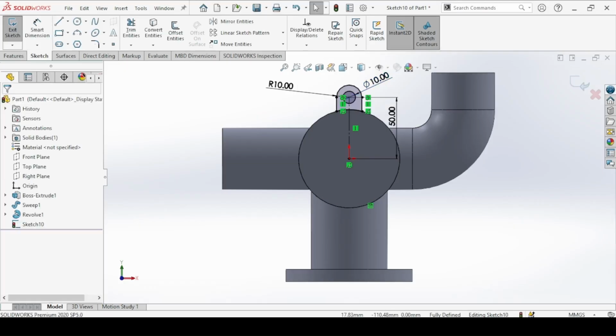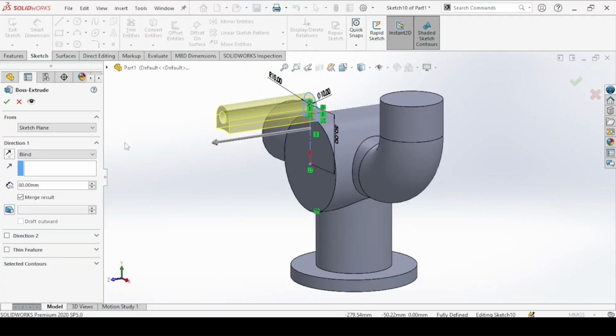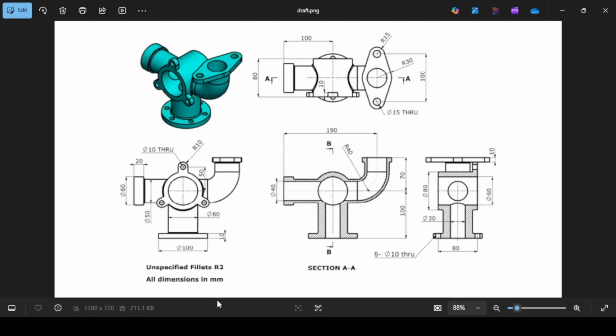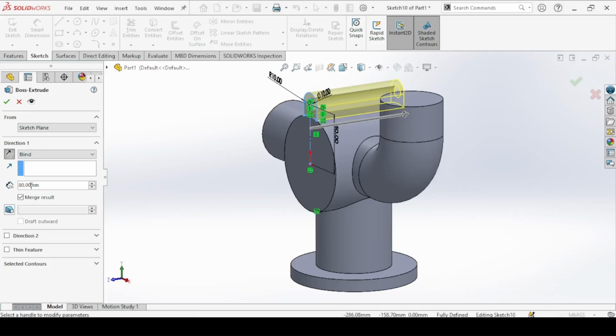Sketch is still fully defined. Exit, and we are extruding backwards, so reverse the direction and the distance is 10 millimeters. Merge results. Okay,